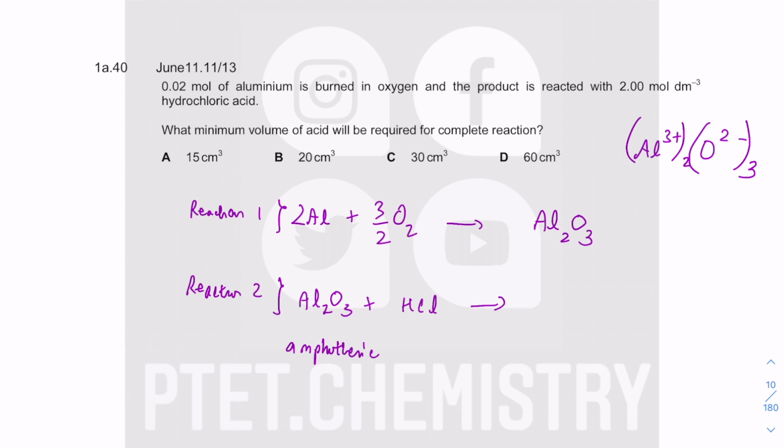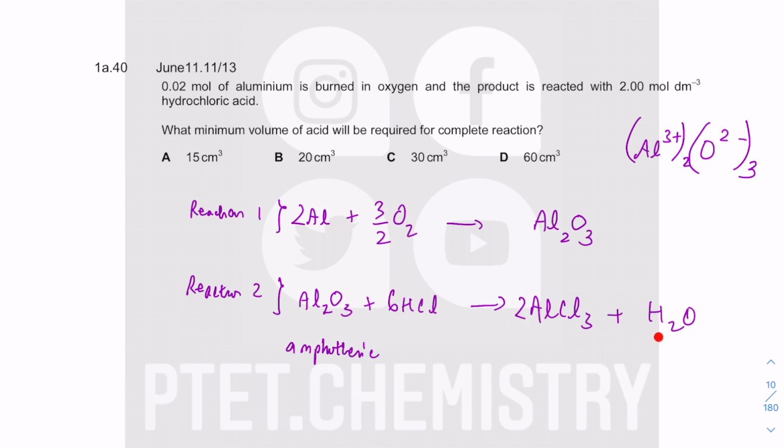So when it reacts with an acid, it's going to undergo neutralization. So it will behave like a basic oxide. Even though it's amphoteric oxide, it can react with both acid and bases. It's going to give you a salt and also water. Okay, so 2 aluminium there give you 2 AlCl3, 6 Cl there would mean 6 HCl,